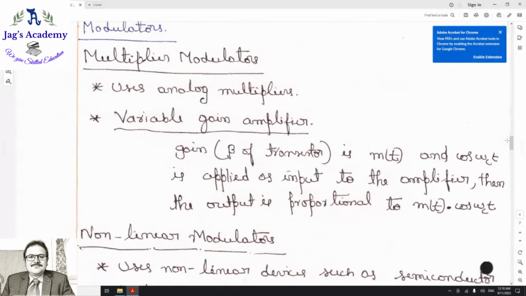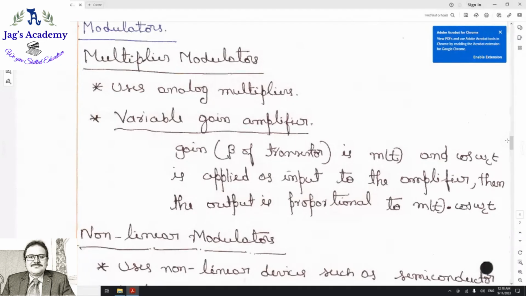But how do we implement it electronically? It's a multiplication. It is not your arithmetic multiplication, right? Mathematically it's okay, it's multiplication. But how do you implement that multiplication using an electronic device, right? So we call that a